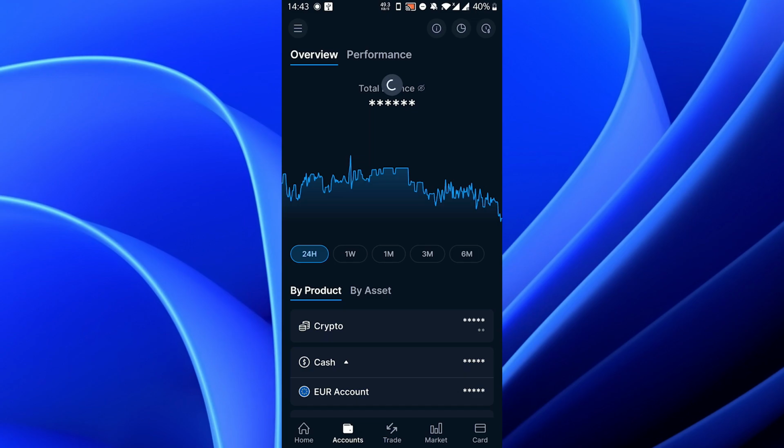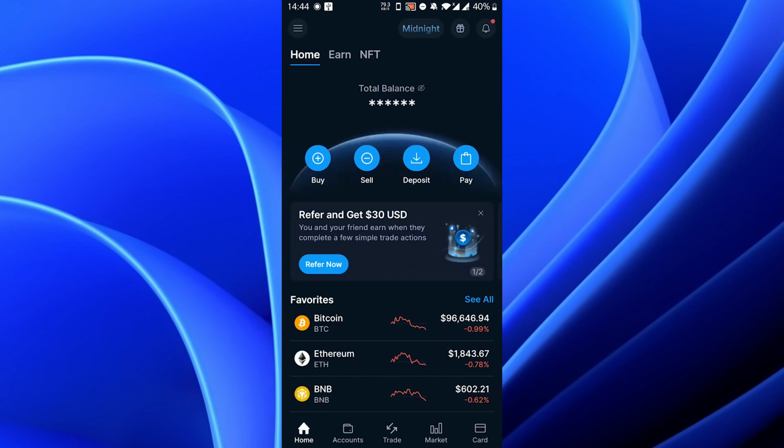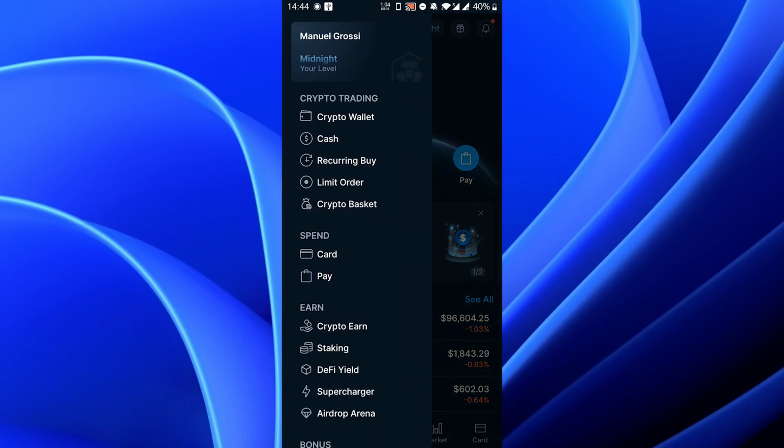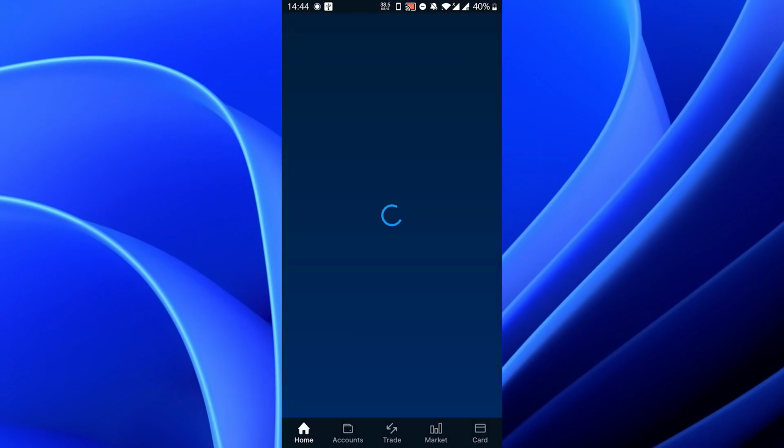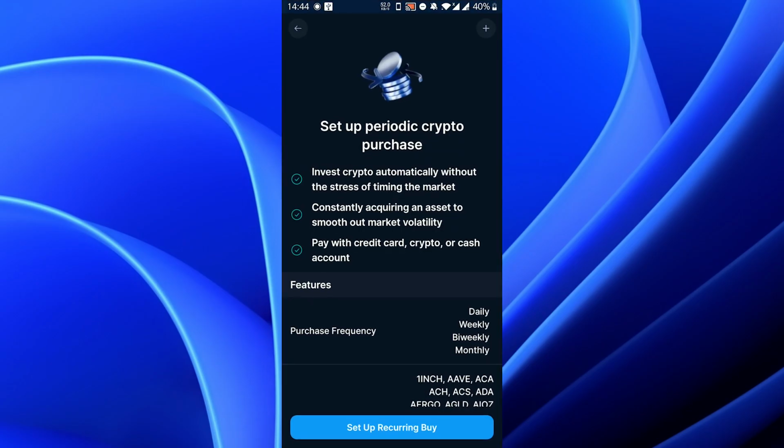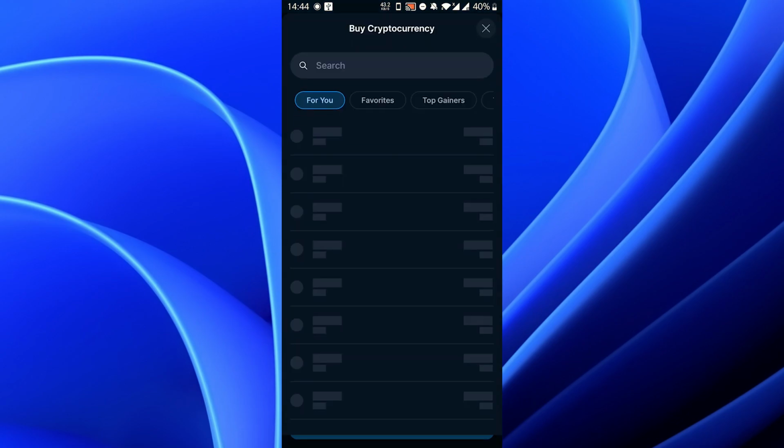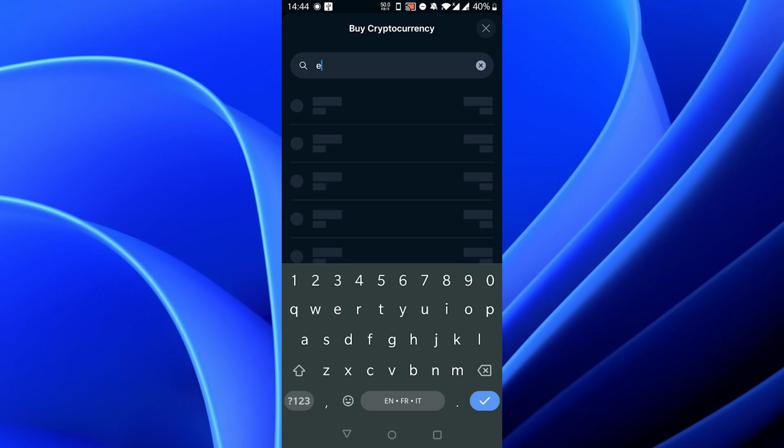Now I'll show you how to set up a recurring buy. A recurring buy means buying Ethereum every so often. So click on the three lines here in the top left corner. Click on recurring buy. Here it will tell you set up periodic crypto purchase. Click on set up recurring buy. Here click on search. Type ETH